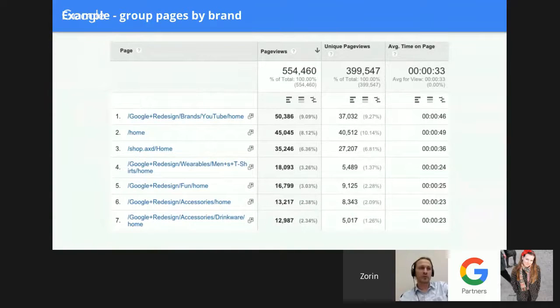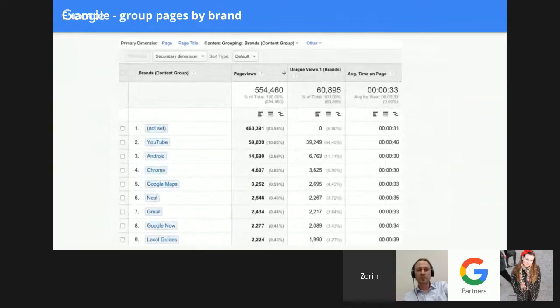So let's talk more about the feature, but let's look at it from an example. Now, we have the same print screen which we had in the previous example, where we have a few URLs or pages with the related metrics. If we want to filter all pages which are related to a specific brand, then we would probably use a filter on the right side of the table. If we do it by content grouping, then you see in the upper part a small tab that says content grouping, brands content group, which in this case means that all of the content is listed by